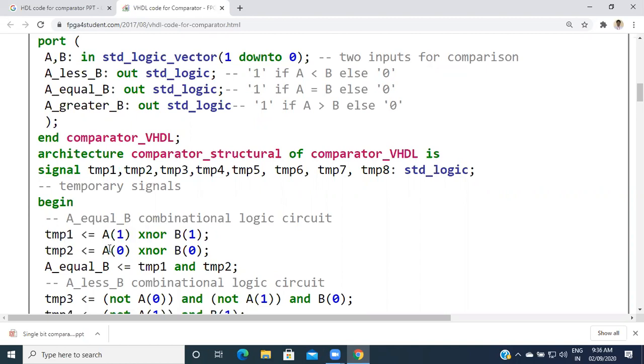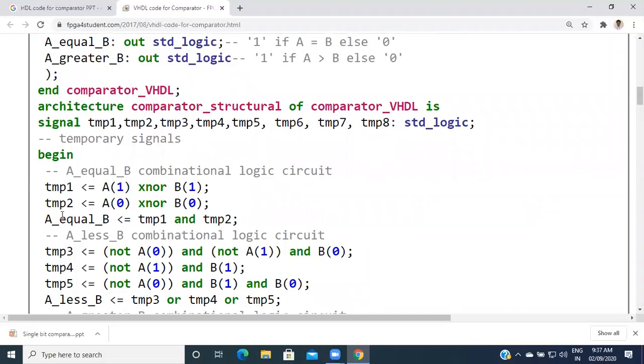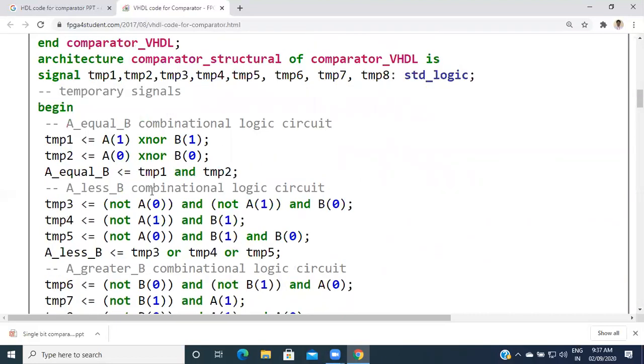With XNOR, if both the values are the same, the output is 1, and if they differ, the output is 0. If both the values are the same, A is 0 and B is 0, the output is assigned to temporary 2. In that term, we define temporary 1 and 2 as A equal to B, because A is the same as B. So the first part, the equal to part, has been defined.